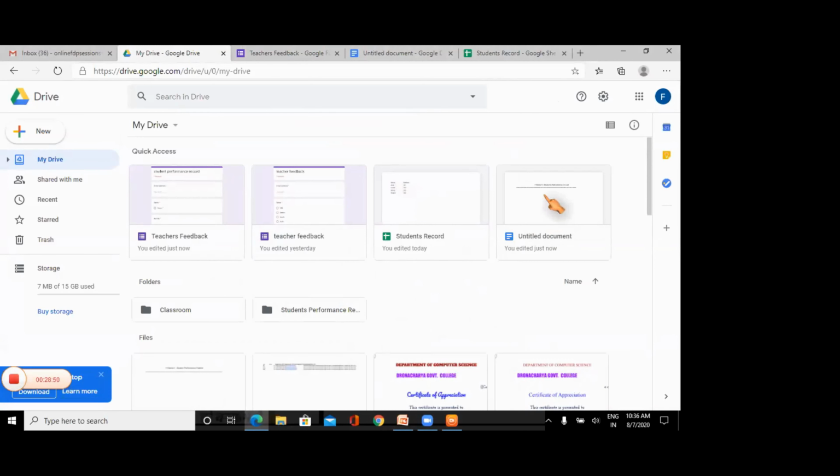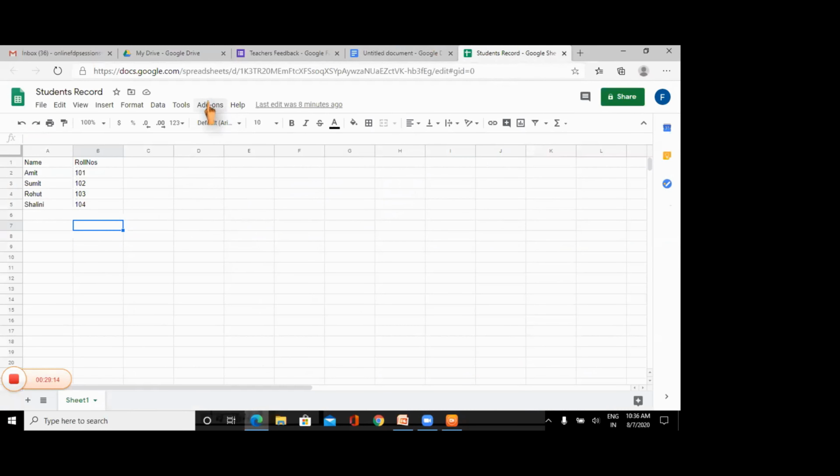I have mentioned four students in my Google Sheet. So what one of these add-ons will do is create four different files with four different names of the students. That is the reason I have created this template. Okay, so let us proceed. What we are required to do is add-ons. Now we will work on add-ons.